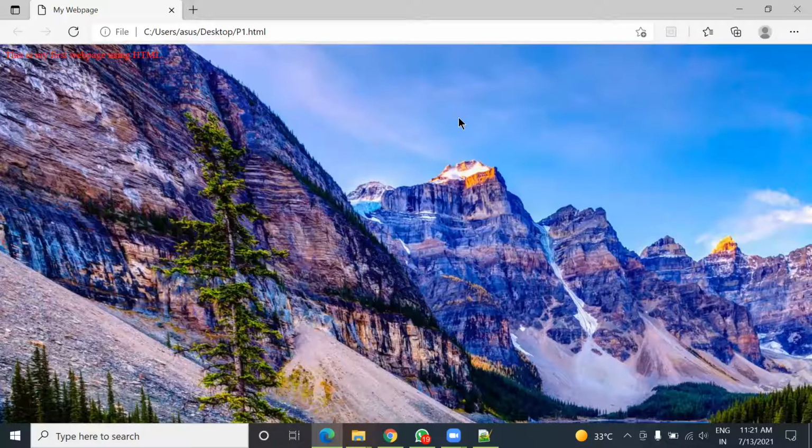Any question? Yes, sir, I have. Instead of putting the internal location of our computer, can we put the internet location, and will it perform the task correctly? Yes, you can put a live location, but for that you must have an internet connection available. Then the picture file will be displayed in your web page.